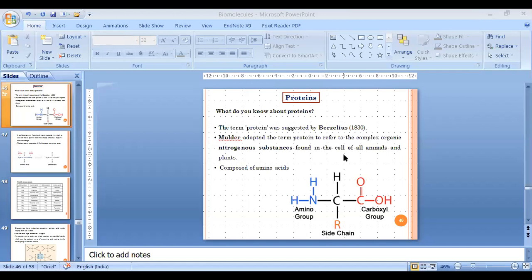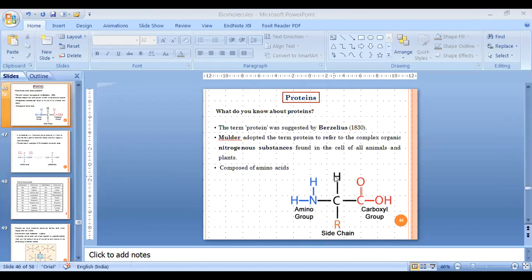As I mentioned, these are compounds mainly composed of amino acids. Now, what is an amino acid? An amino acid is a typical structure which contains two different functional groups. This is the general representation of an amino acid, which has a chiral carbon, one bond of which is given to a carboxyl group, and another to an amino group.